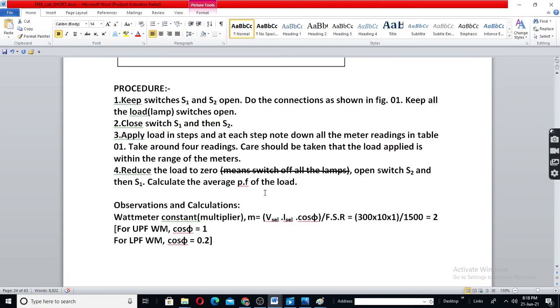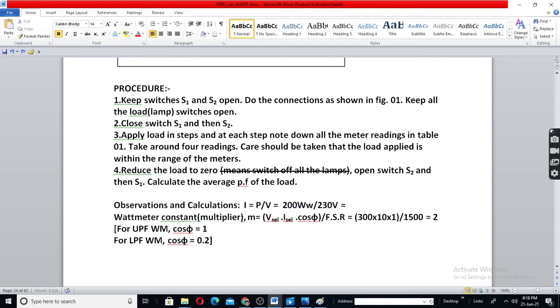Because you see, I'll write here P is equal to V by I. Sorry, I is equal to P by V. Current is equal to power by voltage. We have 200 watt bulbs in our laboratory and 230 volt ratings. All the bulbs are 230 volt ratings. So this will come around 0.85 or say 0.8. So let us say 0.8 amperes for one lamp. Okay, I'll erase this now.